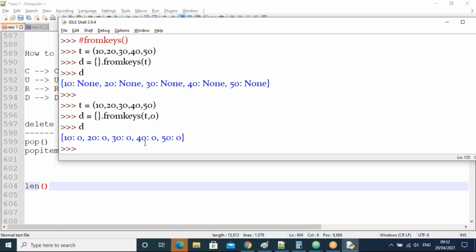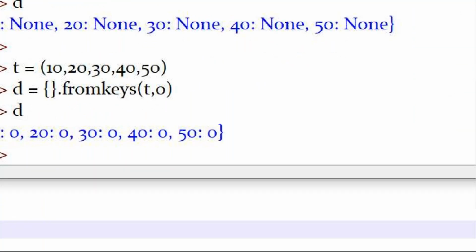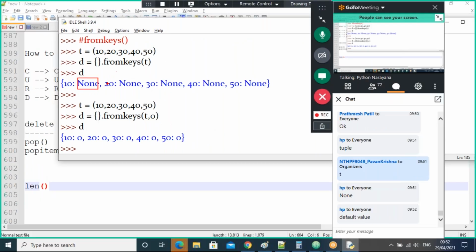In the previous case, None was the default value. I don't want None. Then I am giving a second argument in the fromkeys function, here 0. So now for every key, what value came? 0 came, right? For every key now 0 came, guys.